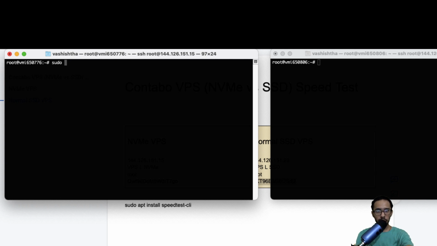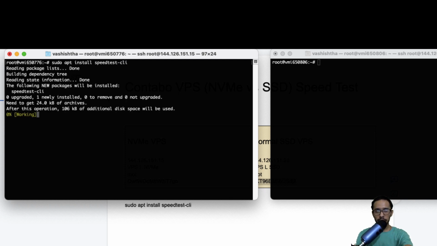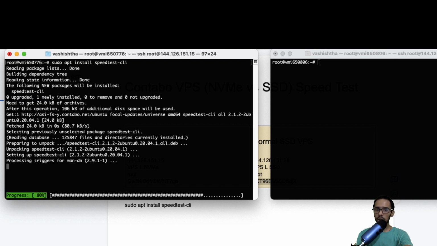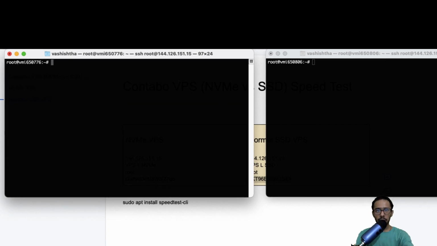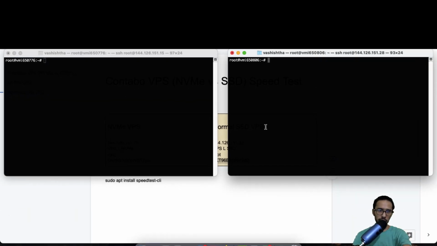So I will quickly type the command sudo apt install speedtest-cli, and once you hit the command, it will install the speed test CLI. Now I will clear the screen, and in both terminal windows I will quickly type speedtest and start testing the speed.